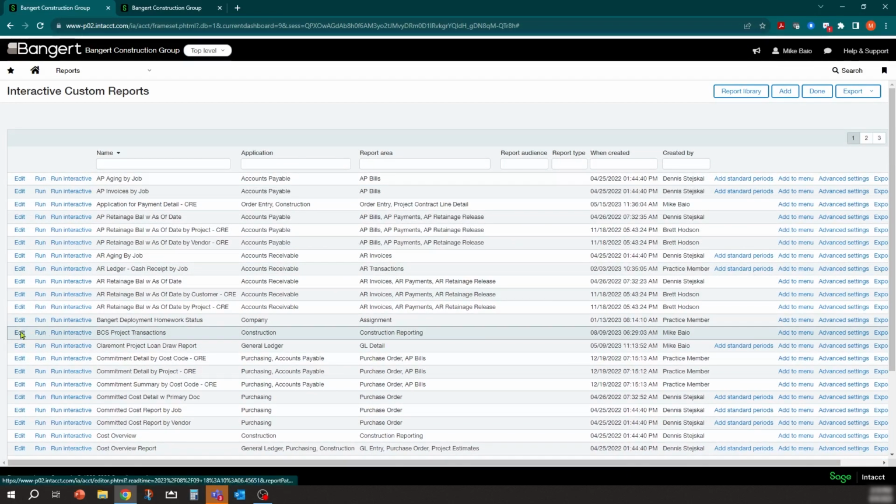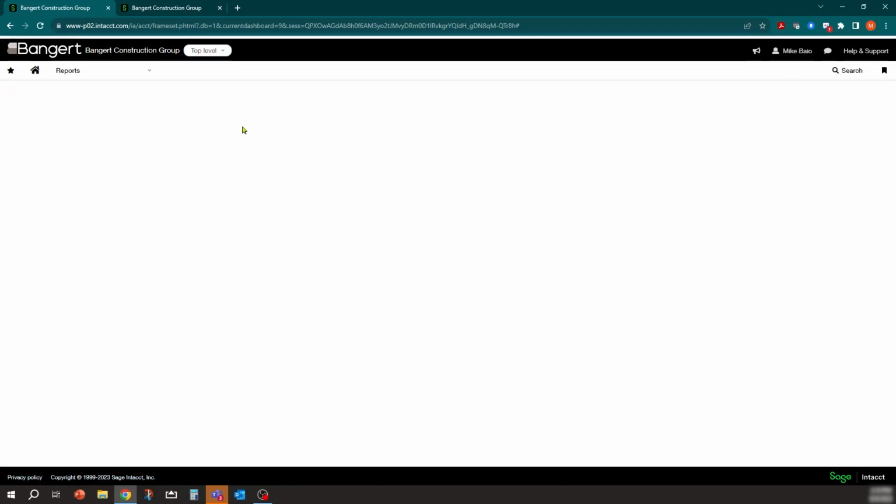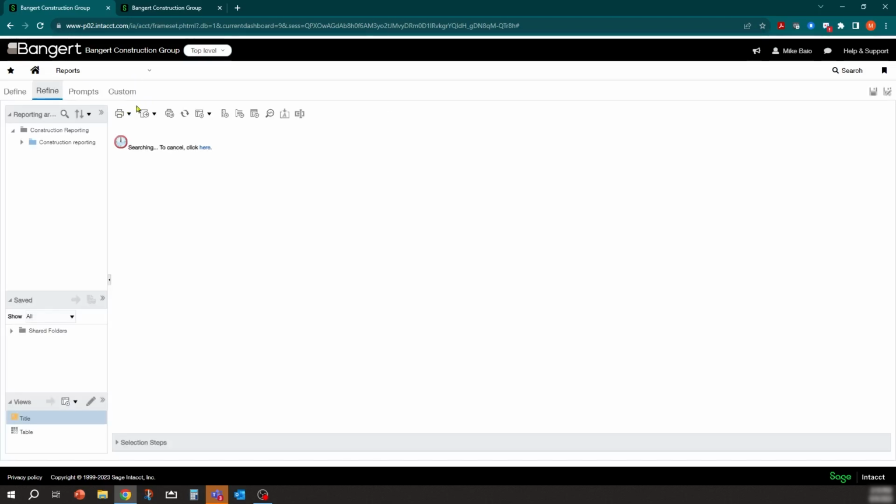So if we go into here under edit, now you can see that same data structure that we looked at on the custom report. And it's broken out a little bit differently in an ICRW design, but once this opens up here, we'll show you that. And then you can be a little more creative and visually appealing in the ICRW area.